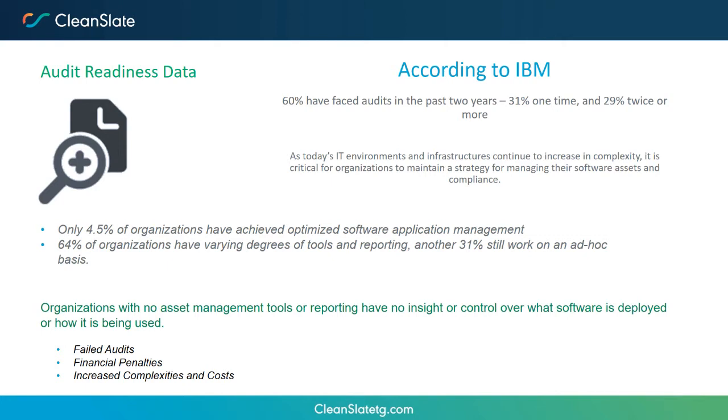Only 4.5% of organizations have actually achieved optimized software application management. So it's really a low number. Lots of improvement there can be done. And then 64% of organizations have varying degrees of tools reporting. Another 31% still work on an ad hoc basis. I can't tell you the number of customers we talk to whose software asset management strategy consists of many